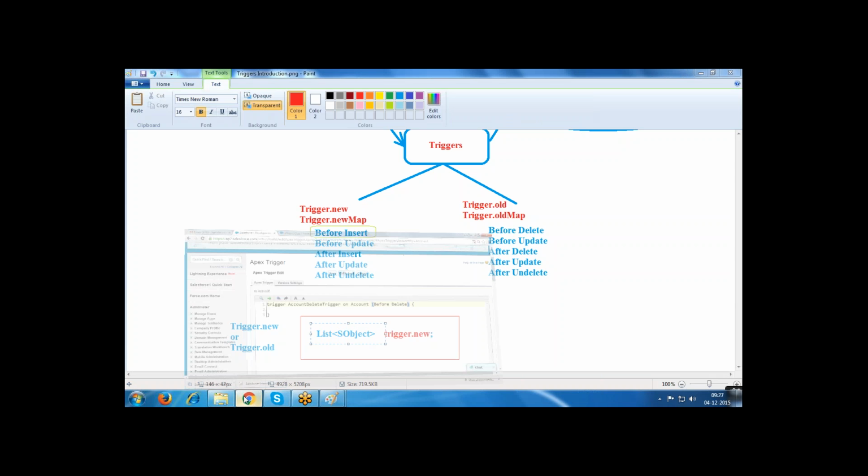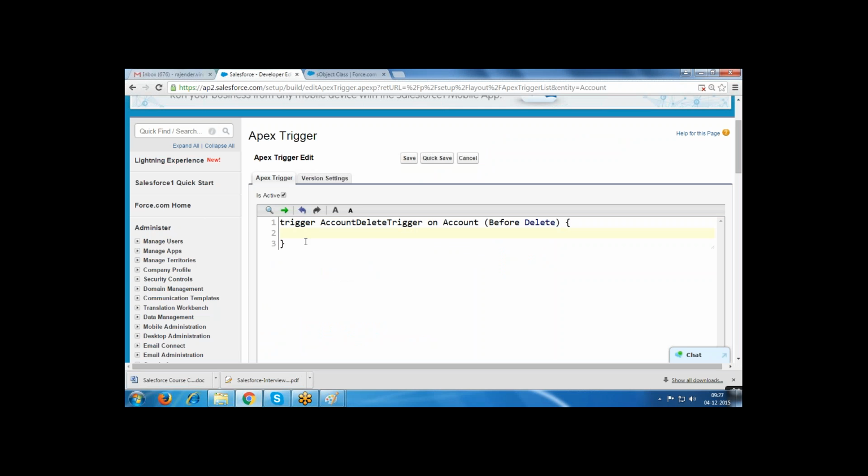Now I am creating a list of SObject type. In the list of SObject, what type of object are you using here? Account. So list of account is required.